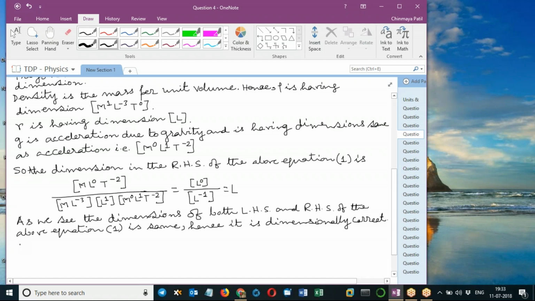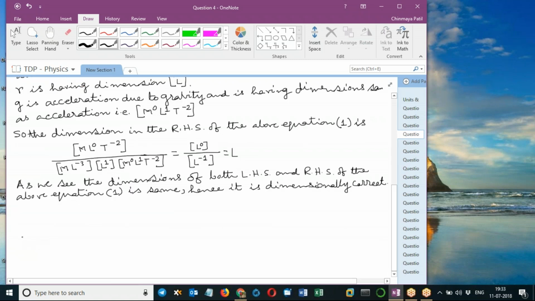By the way, the equation h is equal to 2 S cos theta by rho into R into g is the formula